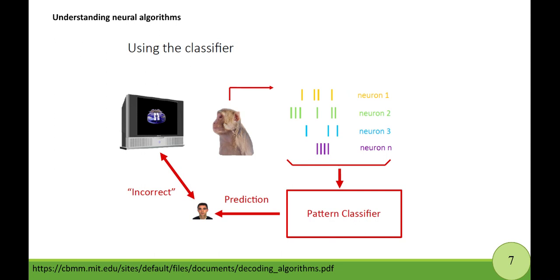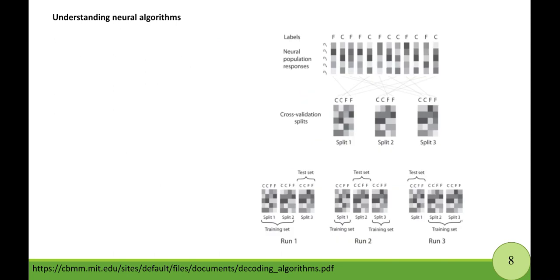And similarly, if the prediction was a human face, but the actual stimulus was a car, then we know that this classifier is not doing a good job, so it needs more training, or we need to adjust the weights in a better way. So how